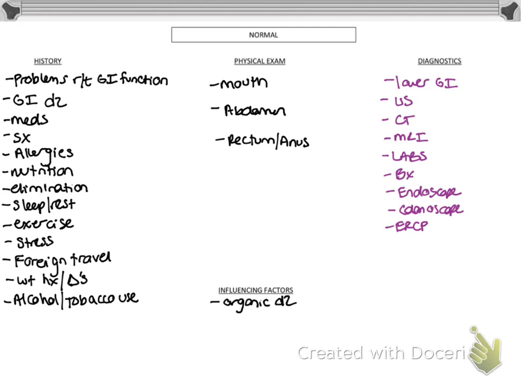And then some influencing factors: any organic diseases, do they have any other problems going on? Physical, psych, especially kids. Kids tend to have a lot of somatic pain in the belly. Like if they're scared or they don't feel good or anything, they tend to say, I have belly pain. That's not related to the belly at all, but because I'm getting bullied at school or because someone's hurting my feelings or I just don't want to deal with something, so I'll complain of abdominal pain.